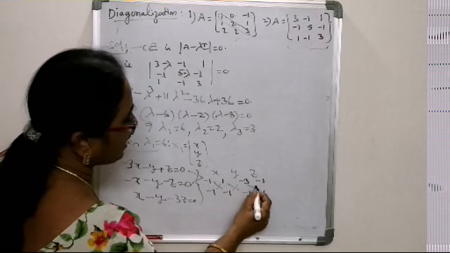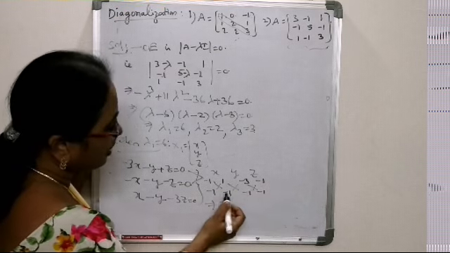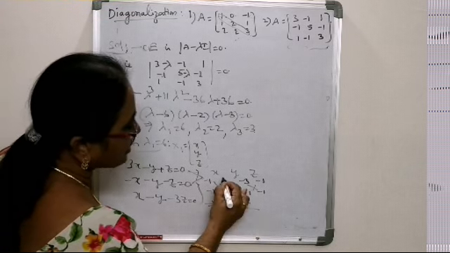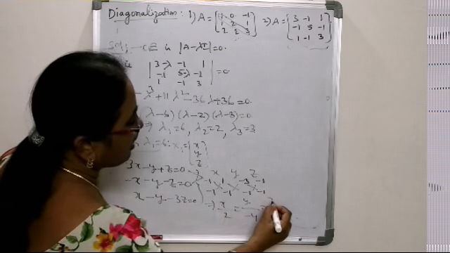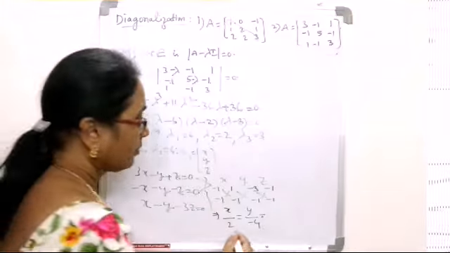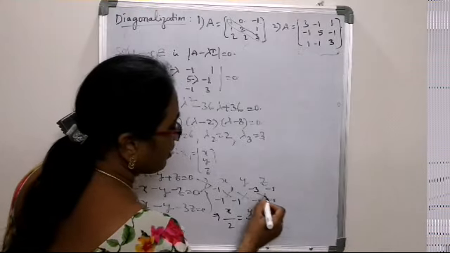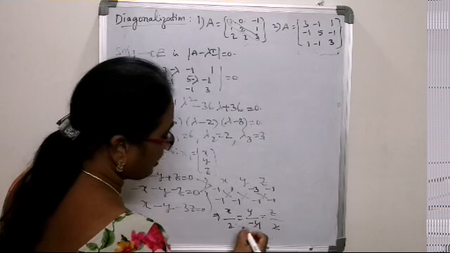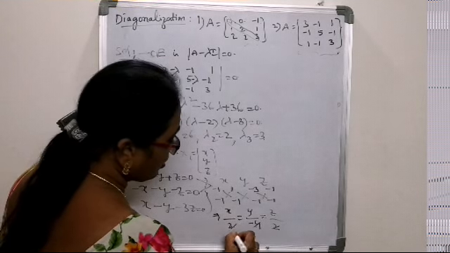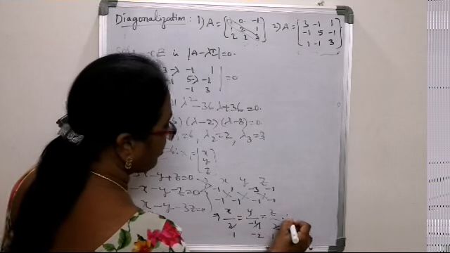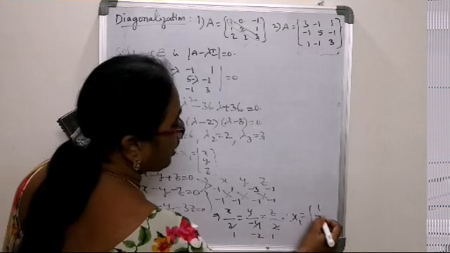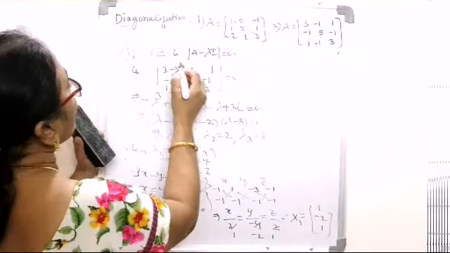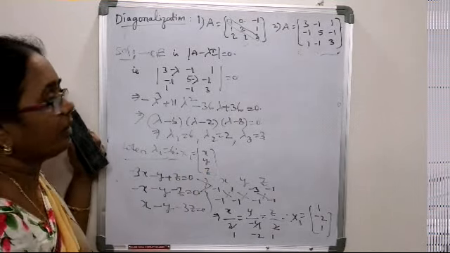On cross multiplication we get x by 1 plus 1, 2, y by minus 1 minus 3, we have minus 4, z by 3 minus 1, it is 2. When these 2, minus 4, 2 are cancelled by 2, we have 1, minus 2, 1, and therefore the eigenvector can be written as 1, minus 2, 1. So (1, minus 2, 1) is the eigenvector corresponding to the eigenvalue 6 of the given matrix.